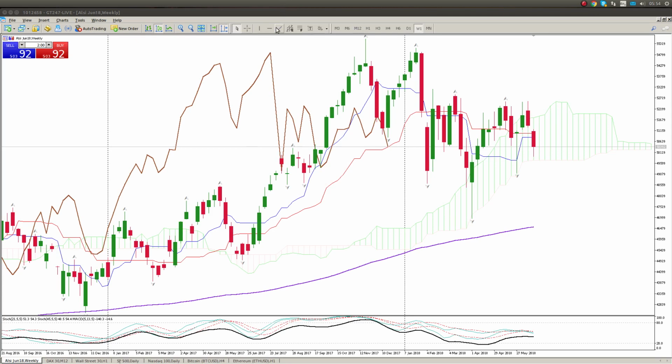Yesterday we pretty much had a nothing day, and you'll see on the daily what I mean by that. I think the key thing here is that we have an upward trend line, which has now been touched for the third time, and we'll see that on the lower time frames. But essentially, we're bouncing around inside the weekly cloud. A break below this cloud is going to be bearish, but for now, this trend here is up, and